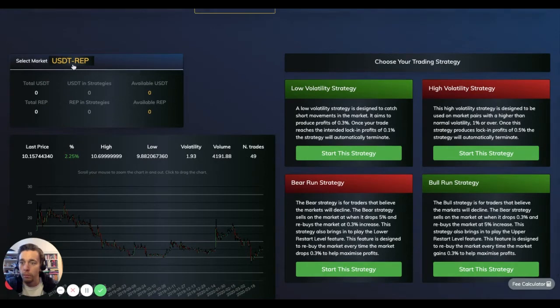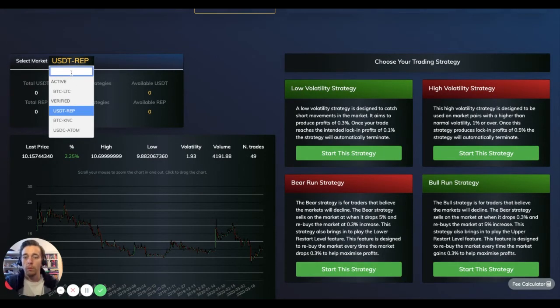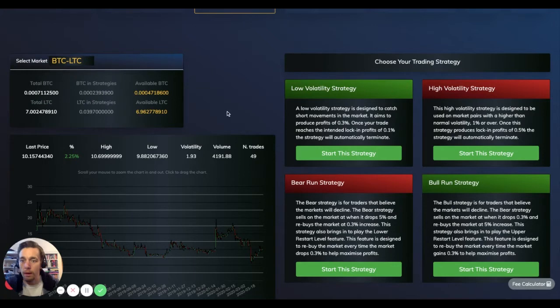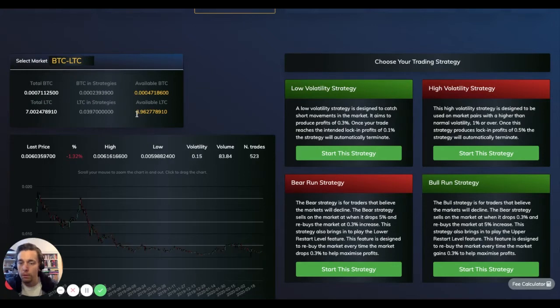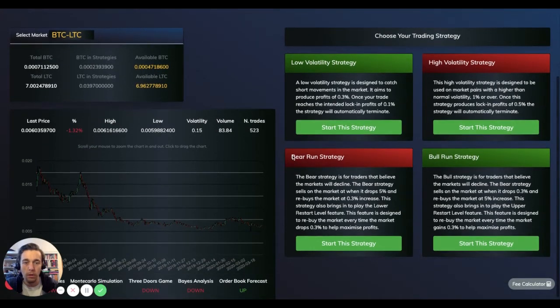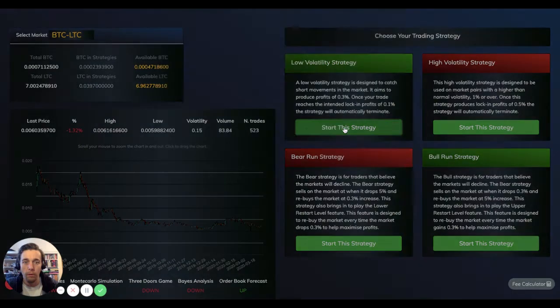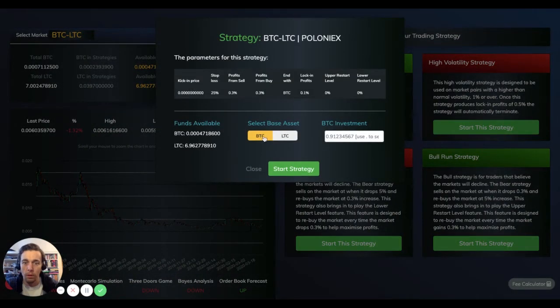Over here on the top left, you've got your place where you can select your base asset that you want to trade. So we're going to trade BTC LTC. You see I've got 6.9 LTC that I can trade on that account. So I'm going to just do a low volatility strategy for this one. I'm going to select the base asset, which is going to be LTC, and I am going to invest, say,